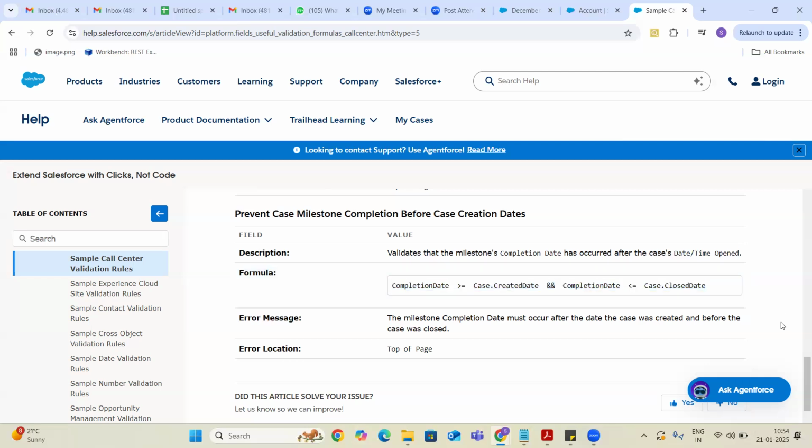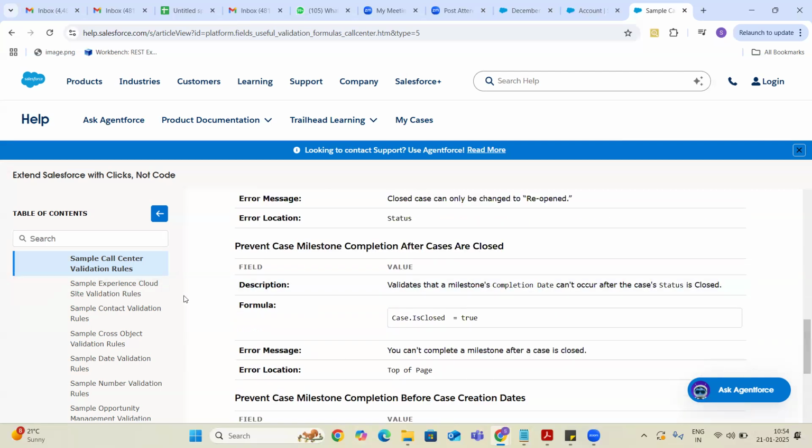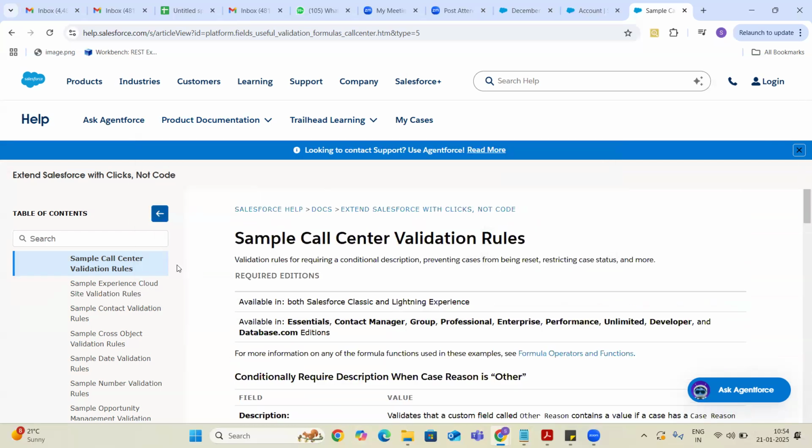In such scenarios, we are going to give this kind of validation rules. Guys, you no need to write these validation rules. Call center validation rules.